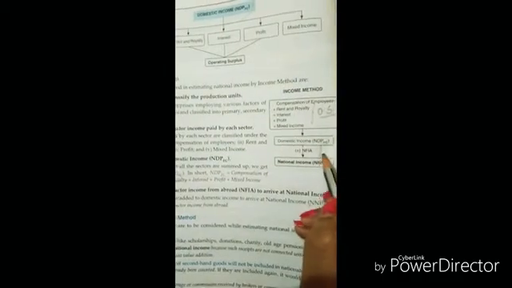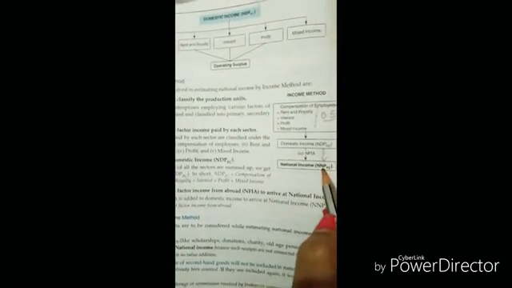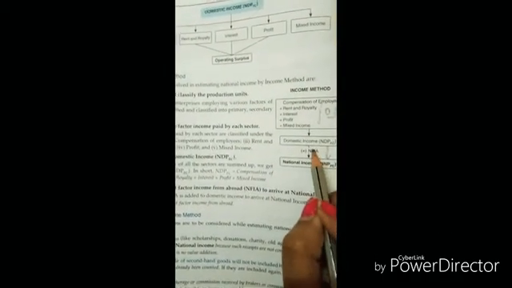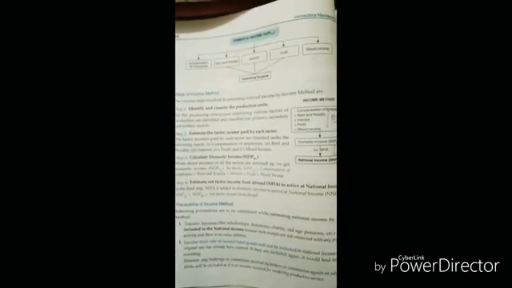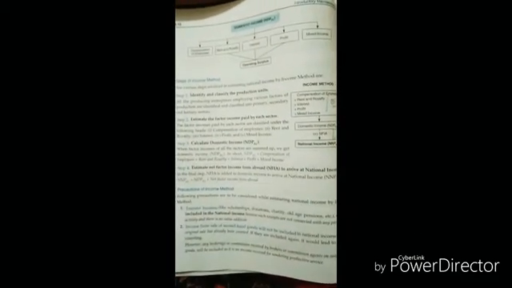So from NDPFC we have to go to N. हमें D से N पे आना है, ठीक है. From D we have to reach N. So you all know we have to add NFIA in order to get national income. So estimate net factor income from abroad to arrive at national income. In the final step, we add NFIA to domestic income in order to get national income. So hope this is clear to you all. Income method is clear. Now we'll proceed.